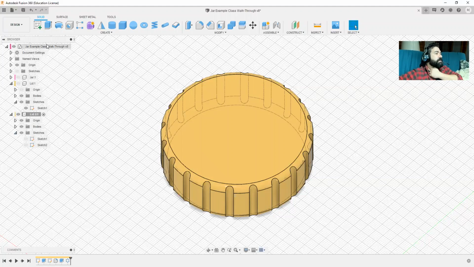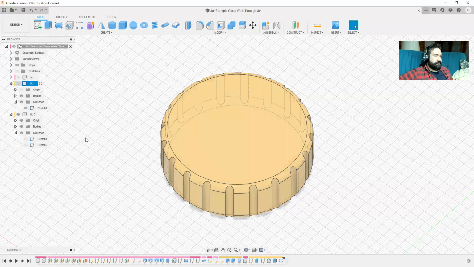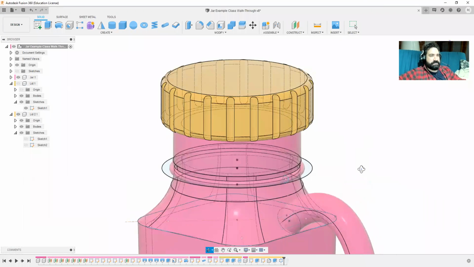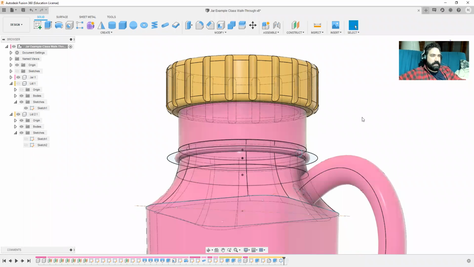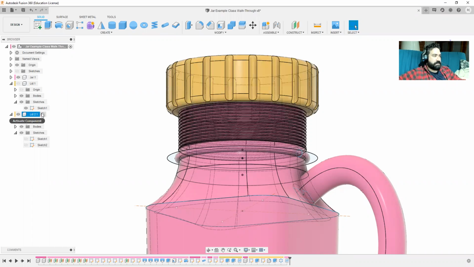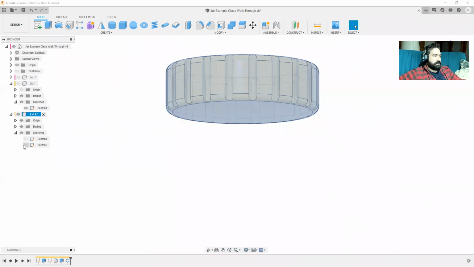I'm going to reactivate all the things, except the first lid is still hidden. Oh, I still had the jar hidden. Now, yes, for one, that jar is absurdly large. Also, this is in the wrong spot. So real quick, I'm going to pull the history slider for the jar back to current. Now it has threads. What I haven't done yet, let me go back, reactivate second lid, hide the jar,